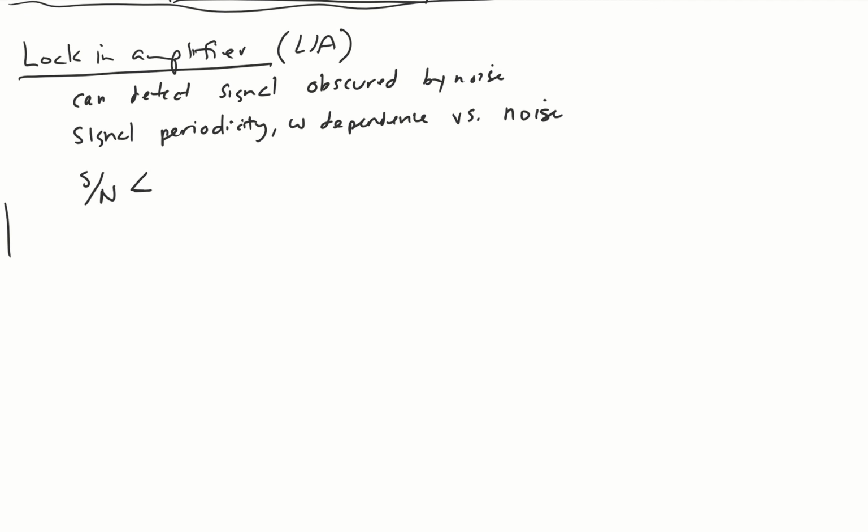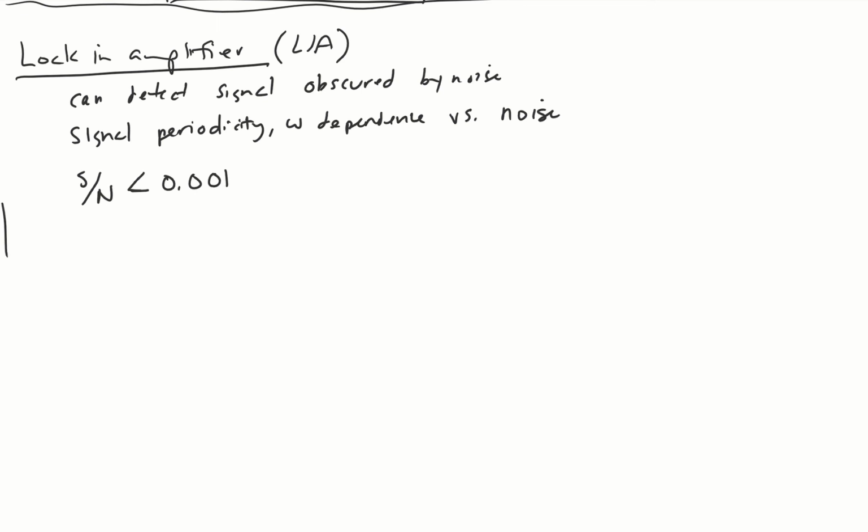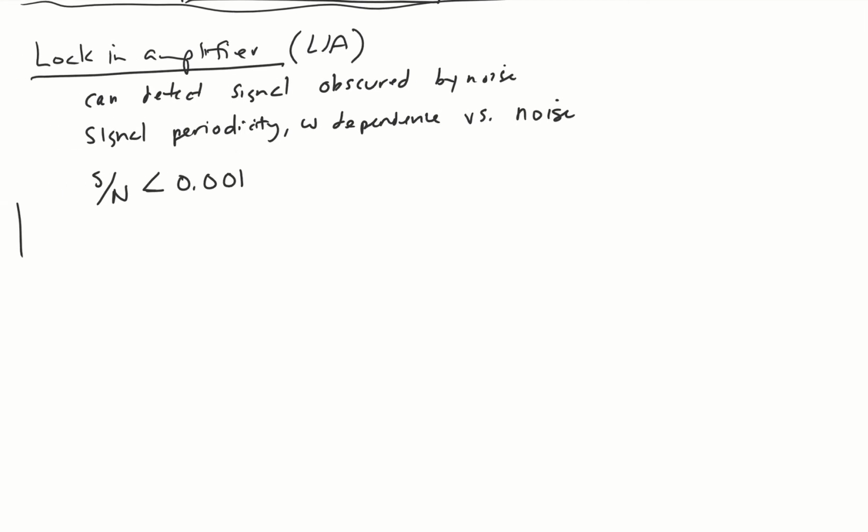I think most of you guys said you could detect signals with signal to noise ratios of 0.3 in the frequency domain. Well, with lock-in amplifiers, it's not 0.3, it's 0.001. So to the thousandth place here. So that means that we can reduce noise levels with a lock-in amplifier by pretty much a factor of 1,000 or 10 to the third. So that's pretty impressive.